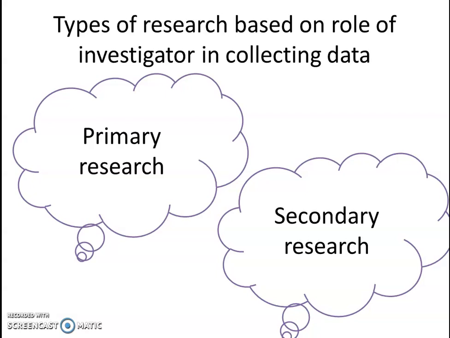What is secondary research? Secondary research is when somebody else has already published the data. Let us say a government website has all the details, or a hospital record has all the details. The investigator simply accesses those records and then comes out with the research. That kind of research is called secondary research. So the main dissertation that you will do will be an example of primary research. The library dissertation that you will do will be an example of secondary research.